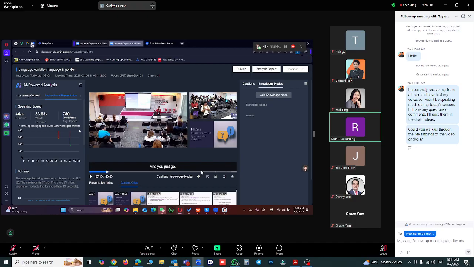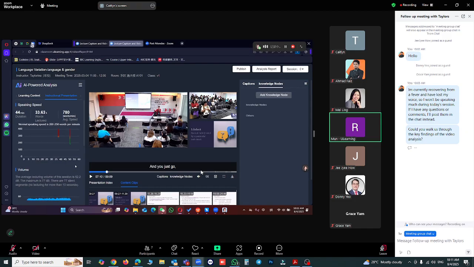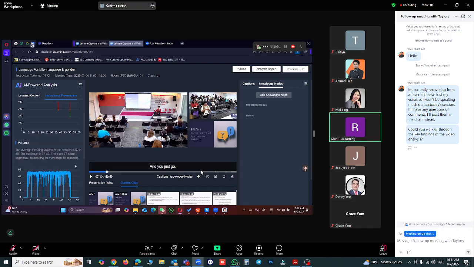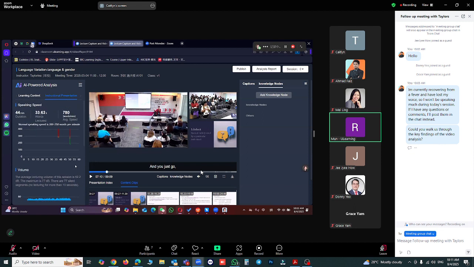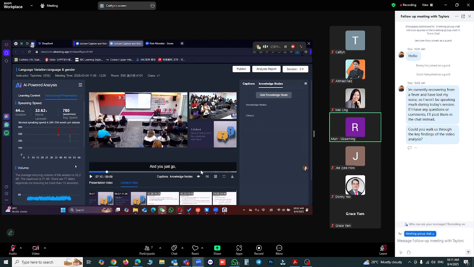As you can see over here, we are analyzing based on the speaking speed, or in other words, the speech speed. Then there's also the speech volume, because essentially you'll see over here that the system will provide a general recommendation in terms of how loud the teacher should be speaking, as well as how fast the teacher should be speaking. But obviously, these all serve as a point of reference because from region to region, for example,